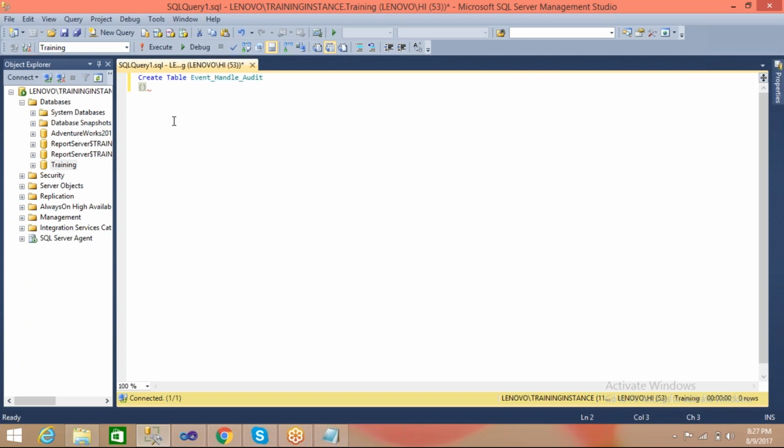Audit. So instead of that, I will create some columns. I want to capture the package ID, and the package name, which is around 50 characters. And the package start time I will take as a date time, and the package end time as a date time,